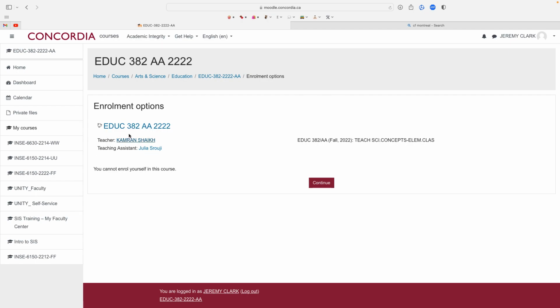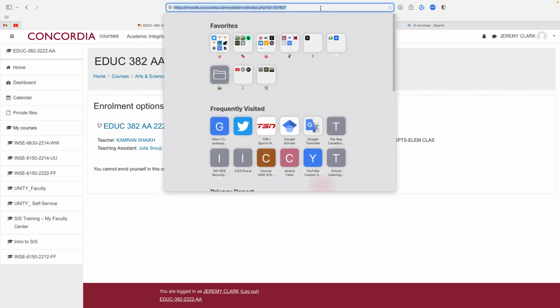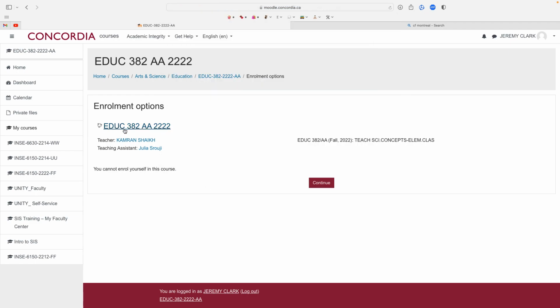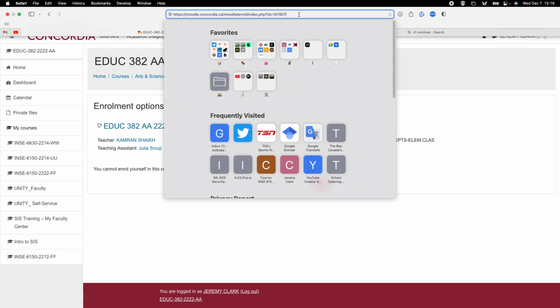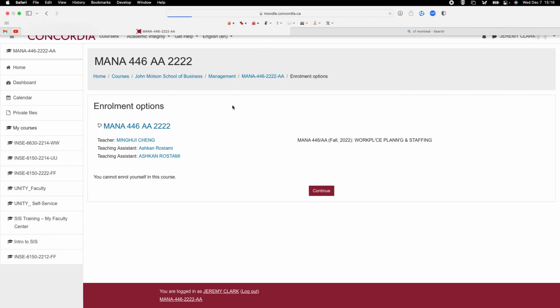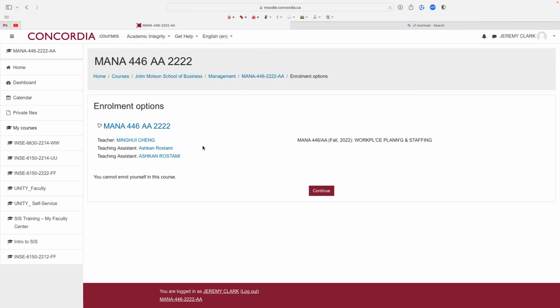But this is how attackers sometimes work. Because things are in URLs, you can sometimes move between accounts just by changing ID numbers. So you can see there's some course, EdJuke 382, and it has this particular ID. It doesn't know that I'm not enrolled in that course, or that it's not appearing in my links. It's just like, okay, they're asking about this course with this ID, so I'll show it to them.